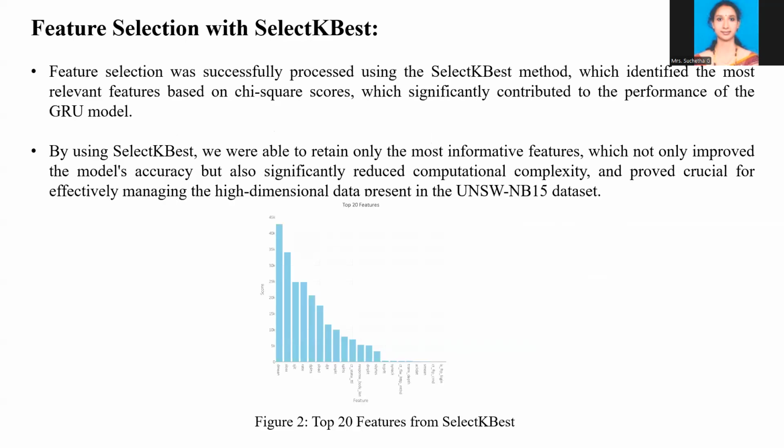So we can provide a simple performance comparison on botnet detection, with the primary focus on the GRU models. Here, the GRU model is combined with the SelectKBest feature selection. We have used the SelectKBest feature selection method based on the chi-square score, and we can see which are the best features. By using SelectKBest, we are able to not only improve the model quality but also